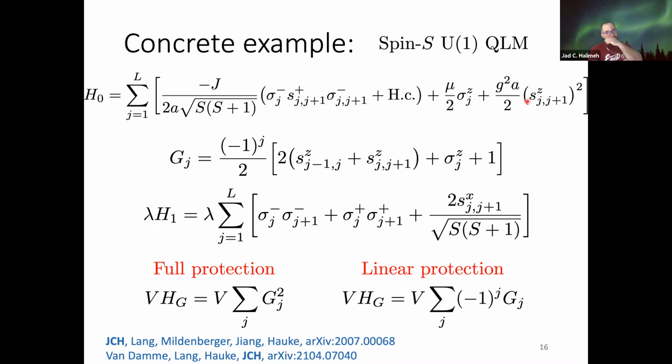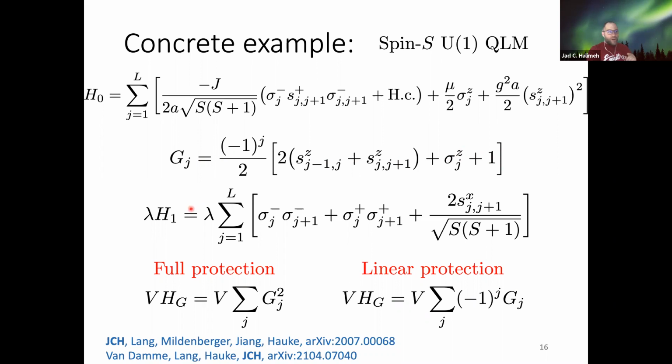SC here is the electric field. If you're using spin 1/2, this is an inconsequential constant energy term. Anything above spin 1/2, then this actually will factor into the dynamics. Gauss's law takes the following form. So here it basically tells you, depending on the matter occupation that you have here, which is given by sigma z j plus 1 divided by 2, depending on this matter occupation, your electric fields on the adjoining links have to point in a given configuration to keep G_j equals 0, i.e. to stay in the sector of Gauss's law.